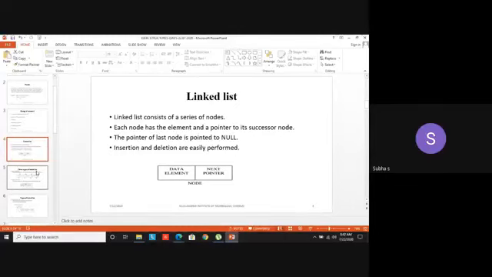The list can be implemented either using array or linked list. Linked list means all the lists are connected. In the first class itself, I told all the list will be connected. All the elements in the list will be connected to one another. Each element is called a node. We can represent it as a node. So a linked list will have a collection of n number of nodes. Each node will have two fields, a data field and the next pointer field.